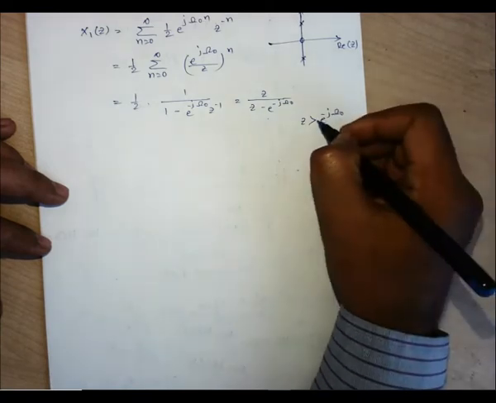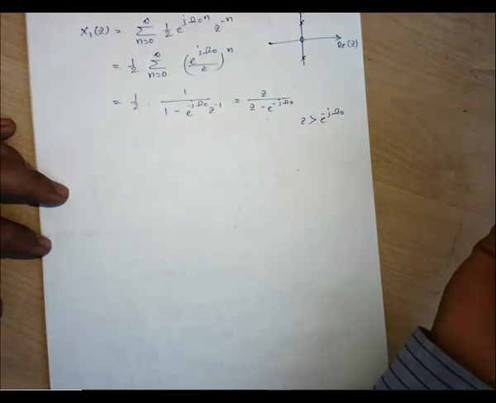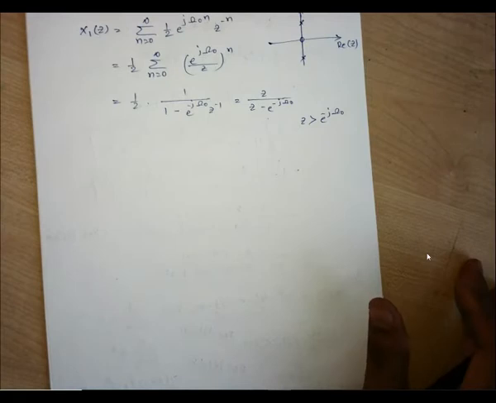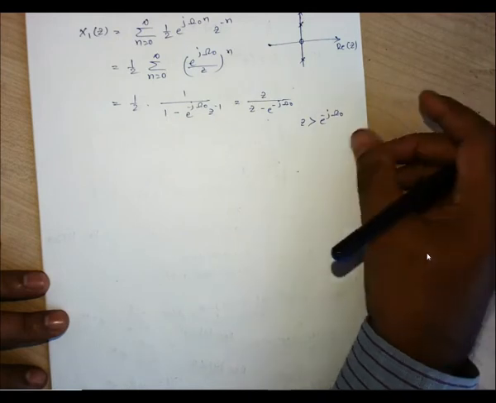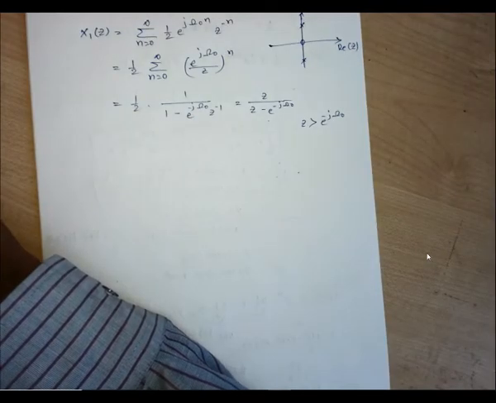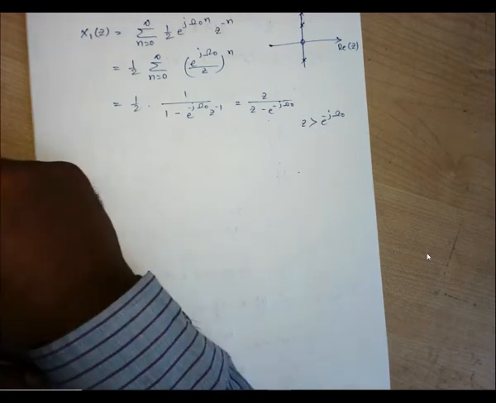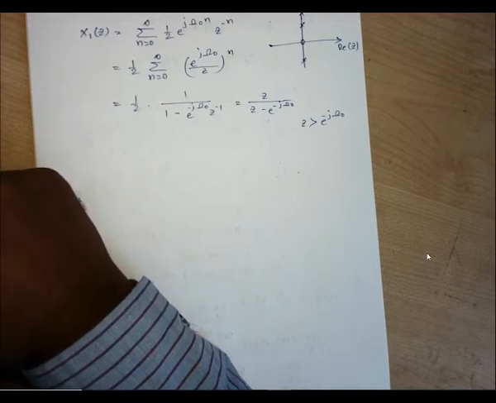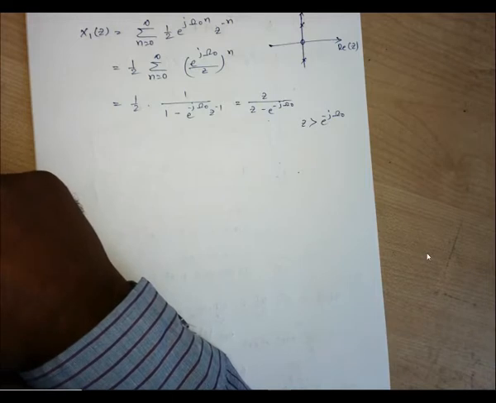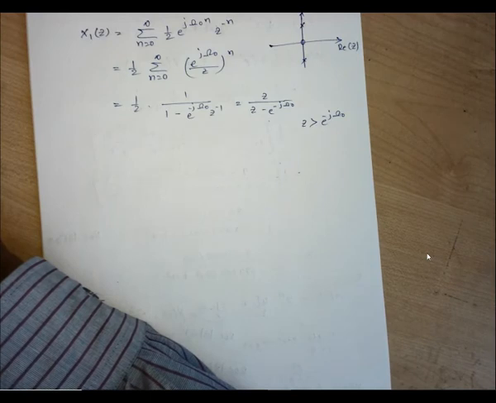Now if we take some value smaller than this, X1(z) will diverge. So what I was saying is that if this becomes the ROC, then some value lesser than this makes X1(z) infinite. Just try to think whether this value is the original or perfect ROC for this function, for this X1(z). So what will be the ROC for this?